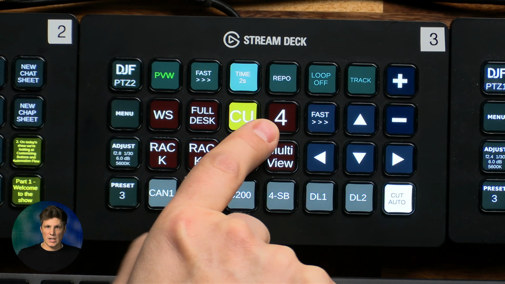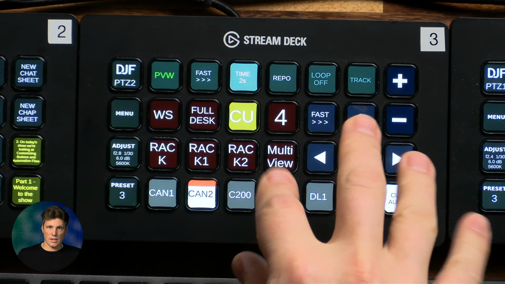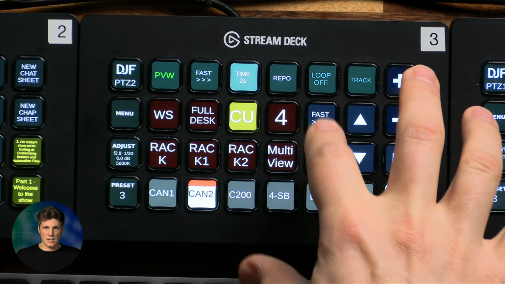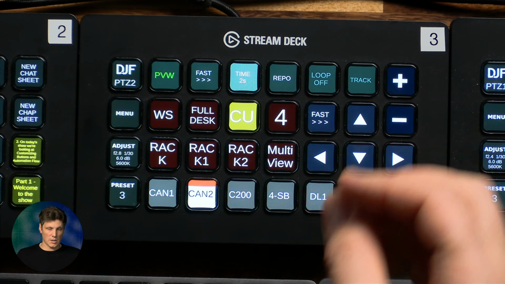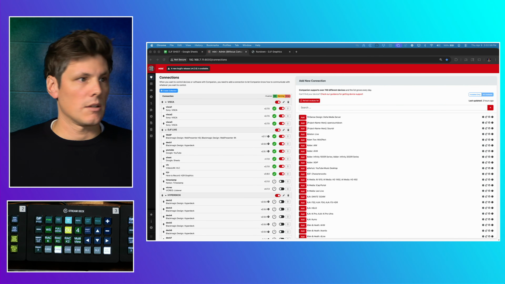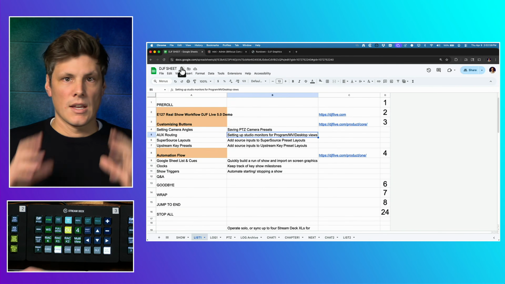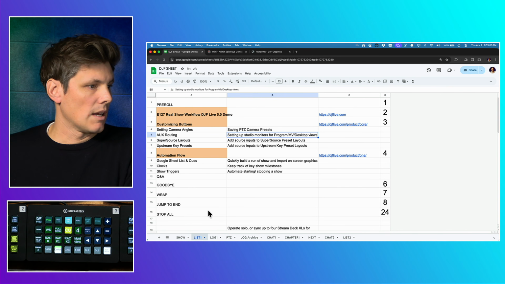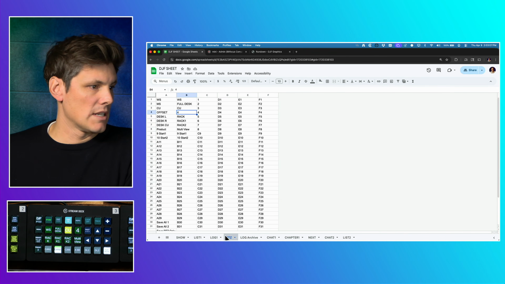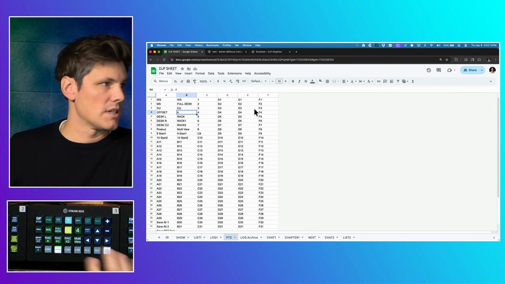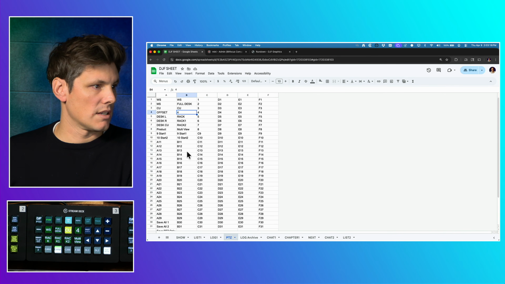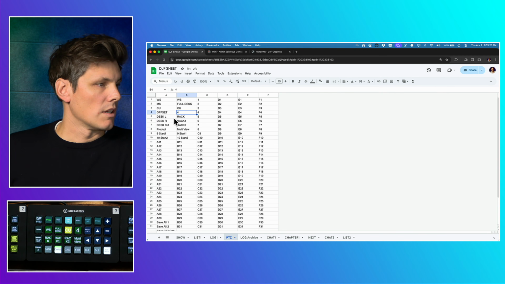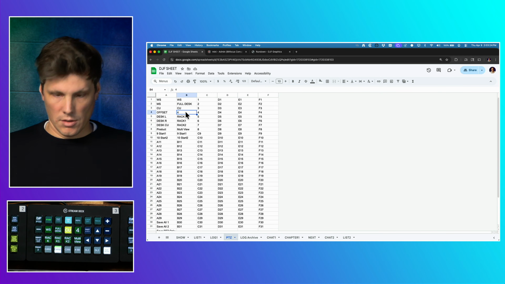So I might also want to change the name here, and within the DJF Canon PTZ system, you can use Google Sheets, and so these are all names that are pulled from Google Sheets. So I can bounce over to here, and once you've connected your Google Sheets into Companion, then you can set up a page that is just capital PTZ, and then columns A to F are the 6 cameras, and then the presets 1 to 36 are the 36 names. And so I can come into camera 2, which is column B, into row 4,